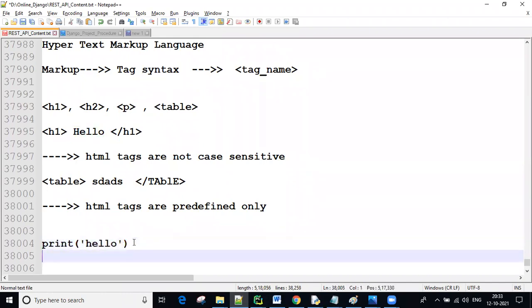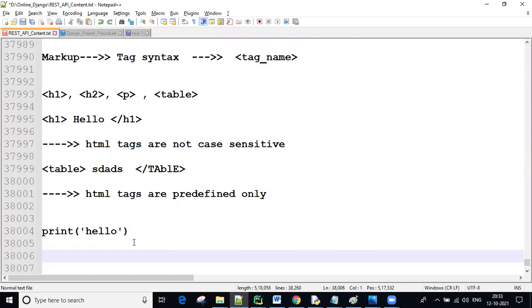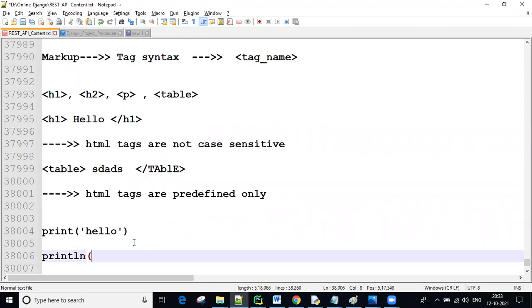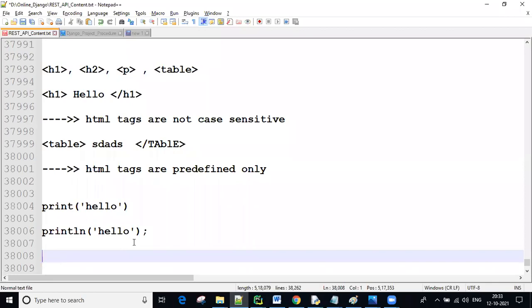But in Java, guys, they use the println method, system.out.println, simply println, to produce the output. In JavaScript, we use the write method to display the message.